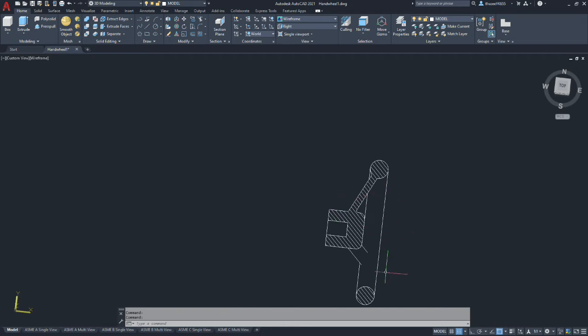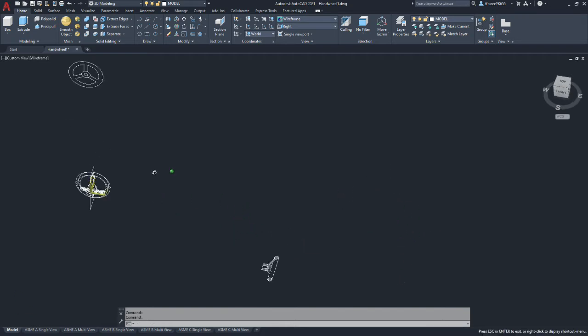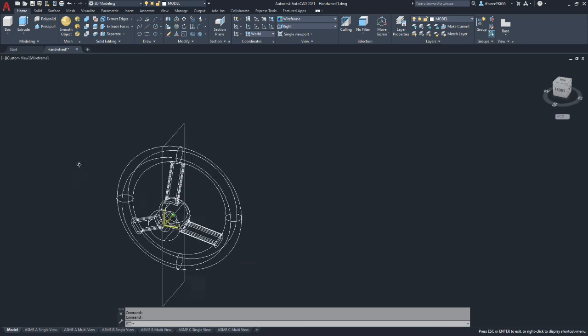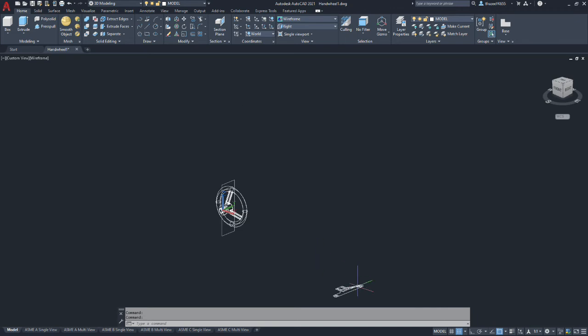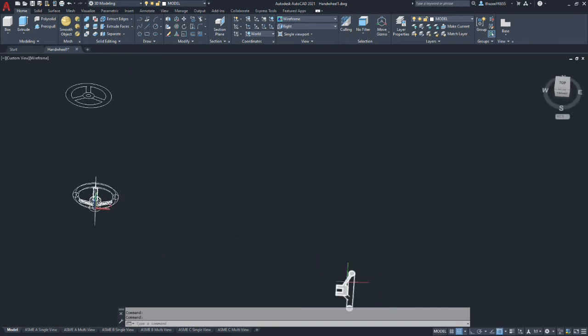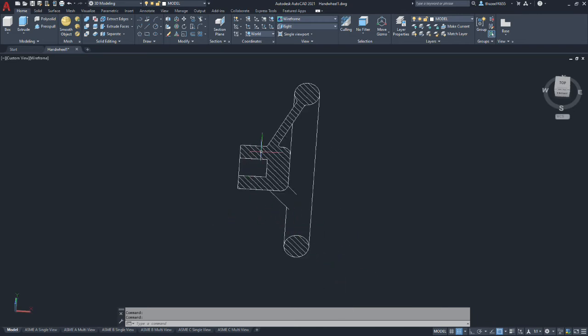Okay, so this output is as if we sectioned this entire thing and cut it in half. But what our end result is, we actually want an aligned section, so it's going through here. So after, we will do this in the drawing side, but after we explode this, get this position, we'll explode it. And what we'll end up doing is removing the hatch lines in between, because this is a spoke. We can elect not to have the hatch lines section through it.